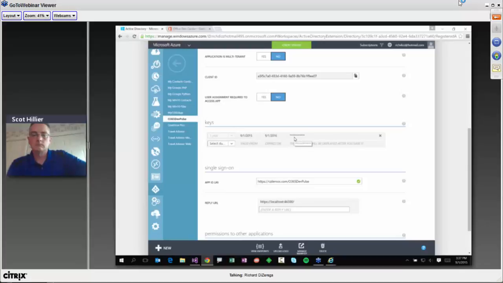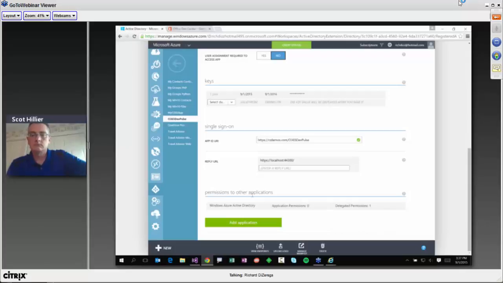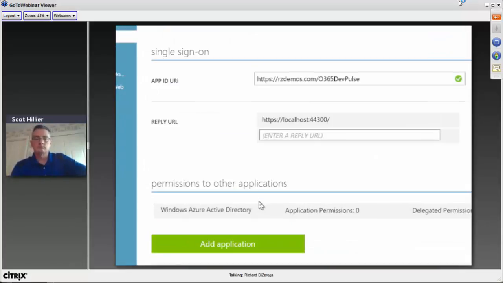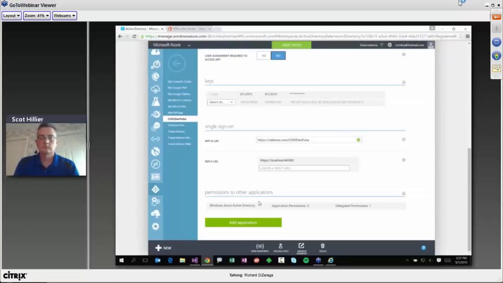It's a secret password for your application. But at the bottom, the really important thing is this section that says permissions to other applications. And this is what allows this application that we've defined, really just for having single sign-on with Azure Active Directory, to be set up so that it can call those unified APIs.